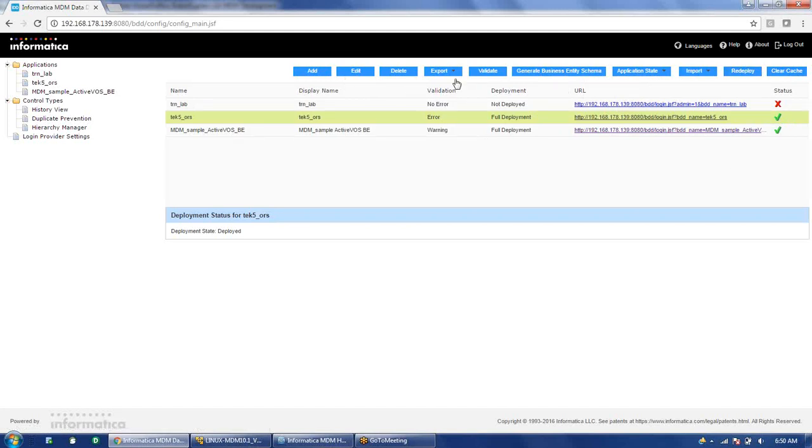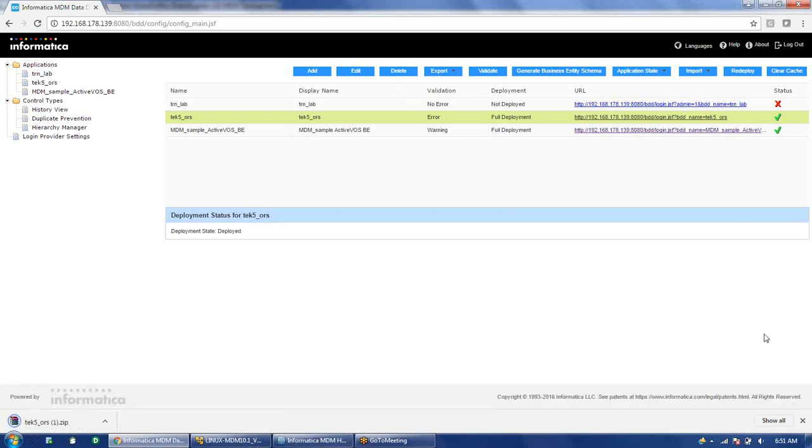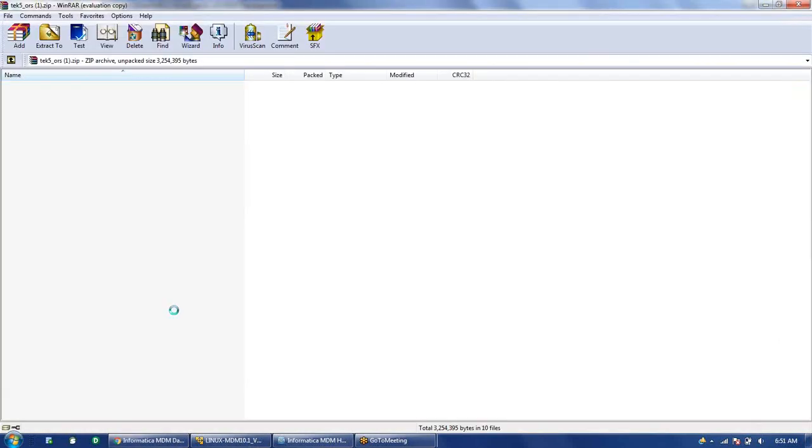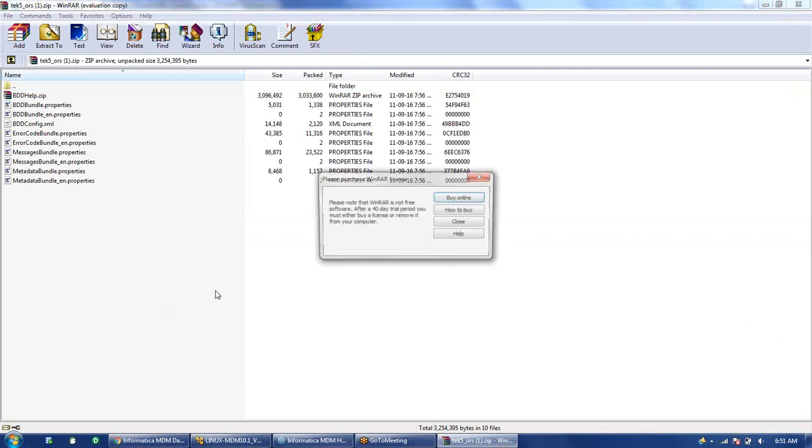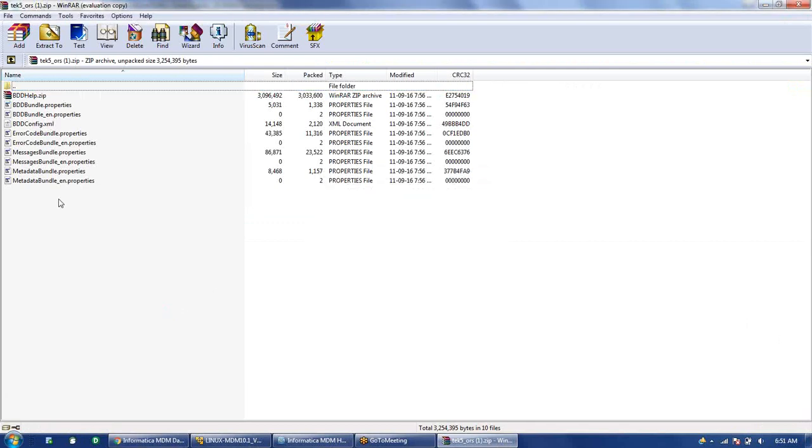And next, we'll do an export of this application. So now in the MDM we have done the export and import. So export was basically a change list file. In IDD it's different. In IDD it's a zip file. In the zip file it will have a couple of files. So we'll see that. We'll first export this application. So you can see these are the files which are present here.